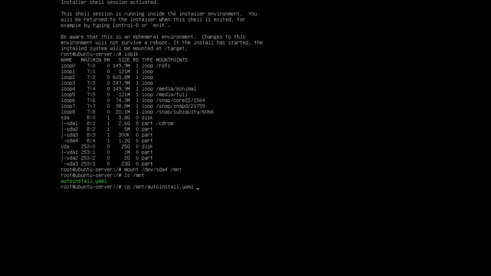cp /mnt/autoinstall.yaml to our root directory with just a /. And if we do an ls, yep, now our autoinstall.yaml file is in our root directory. Note, this is not a permanent change, and our autoinstall.yaml file will disappear from our root directory when we reboot